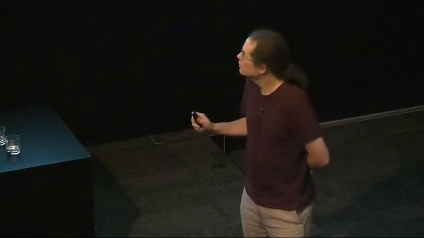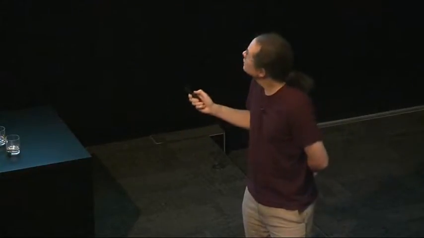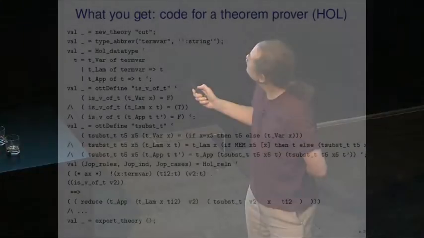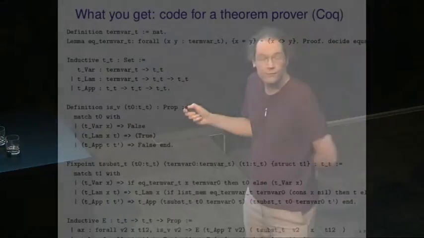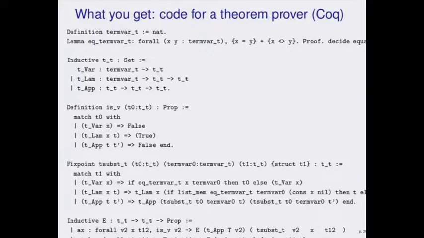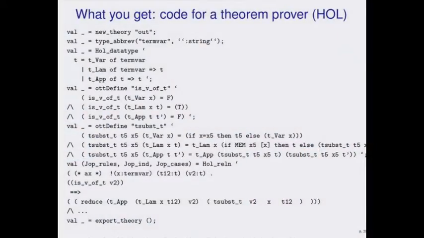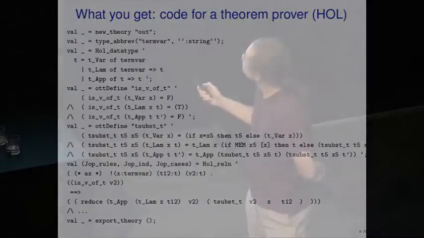And I push the button, and it tells me some error messages, and I fix those, and we repeat like that a couple of times, and each time I say, thank you, Ott, for finding my mistakes in my maths. And then it spits out definitions in your favorite theorem prover, whichever one it happens to be, which are reasonably idiomatic and readable and all that kind of stuff.